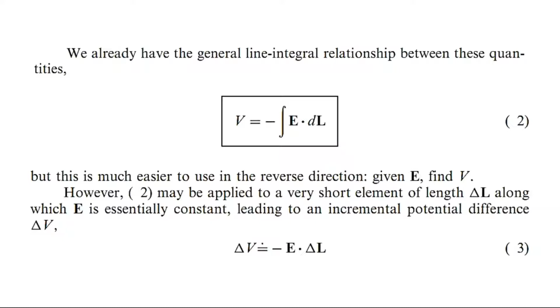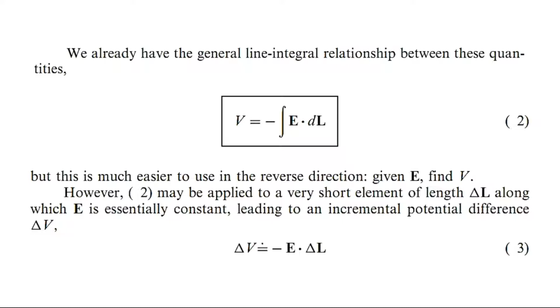As we already discussed, we have two methods of determining the electric potential. We can find the electric potential directly from the electric field intensity. If the electric field intensity is given, by taking the negative line integral of the electric field intensity, we can determine the electric potential. Similarly, we can also find the electric potential from the charge distribution itself, by taking the volume integral of the charge distribution.